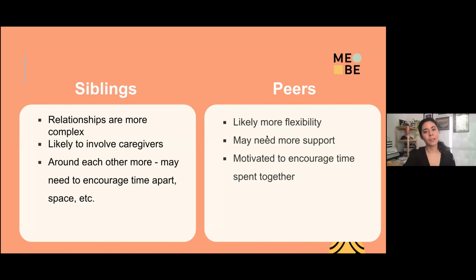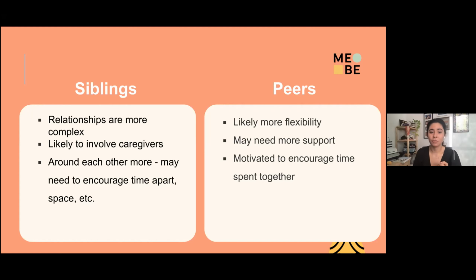Okay, and this is me. So we've got a little bit of comparison between siblings and peers. I know that especially over COVID, lines have been a little blurry and maybe access to peers has been a little bit challenging. So we wanted to take a little bit of time to cover what might be similar and what might be different between interactions with siblings versus interactions with peers. You can probably guess your child's relationship with their siblings is extremely complex, a lot more complex than it's ever going to be with their neighbors or their classmates.